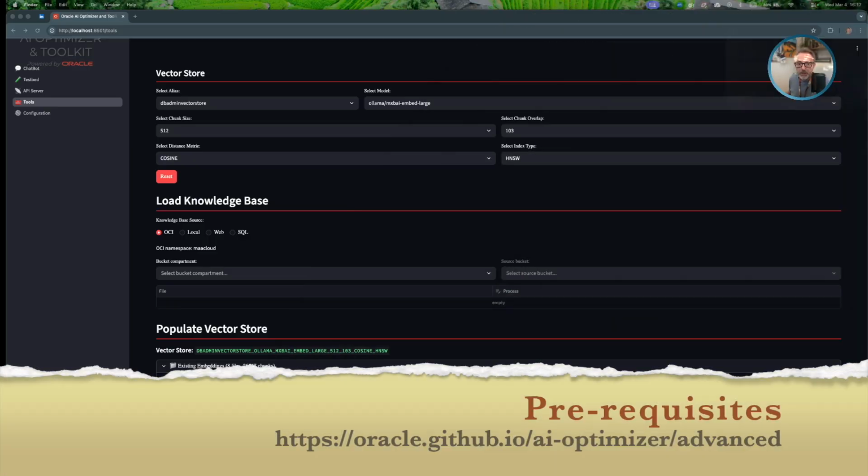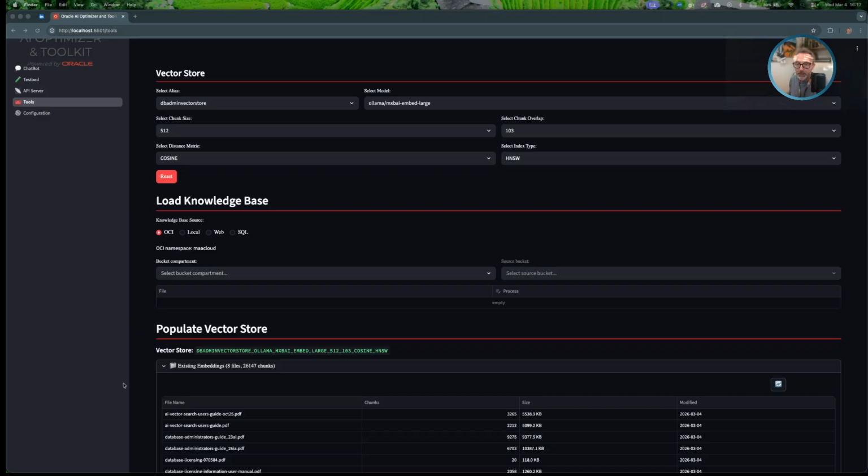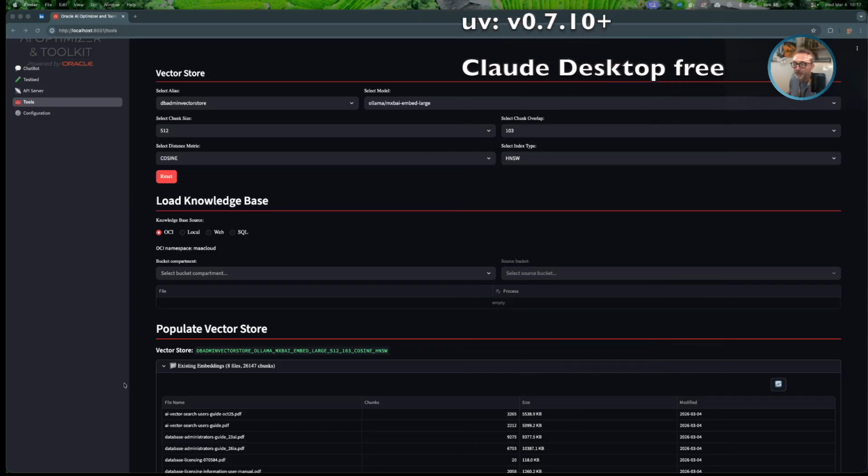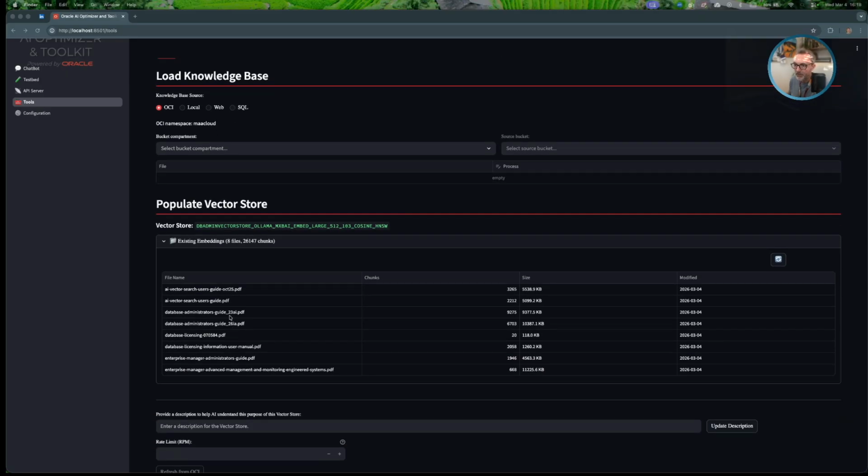Let's start by checking the prerequisites. What you are looking at is the Oracle AI Optimizer running in a browser. We've already set up a vector store populated with domain-specific documents, in our case, DBA admin documents. And here are several from 26AI and 23AI.